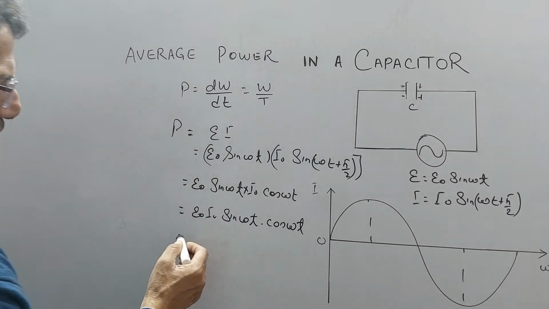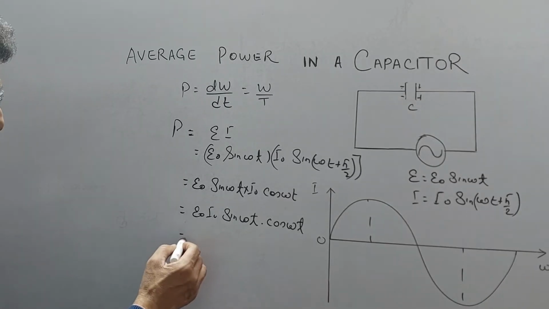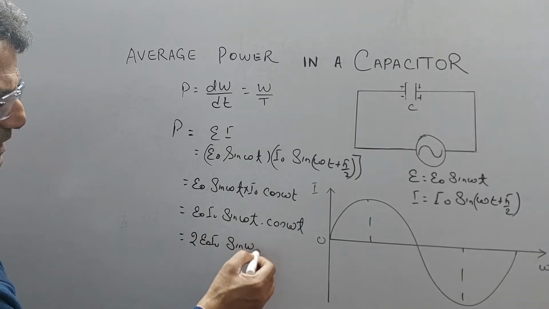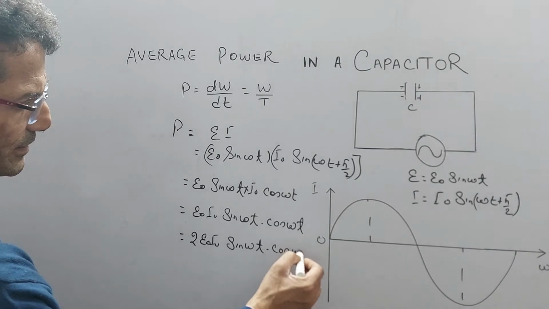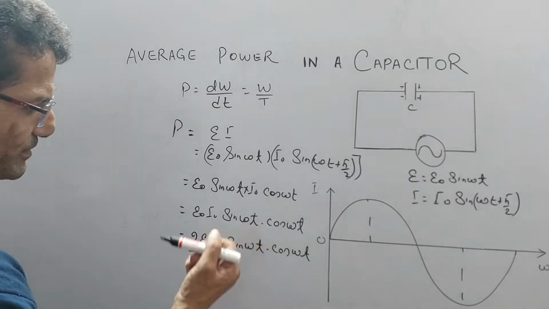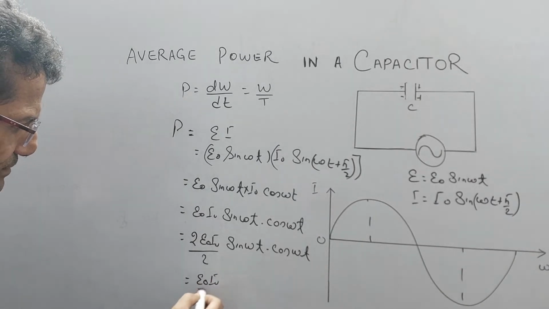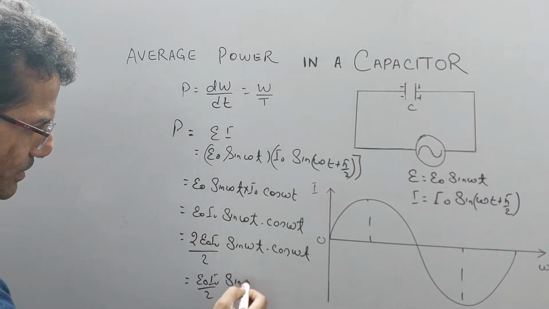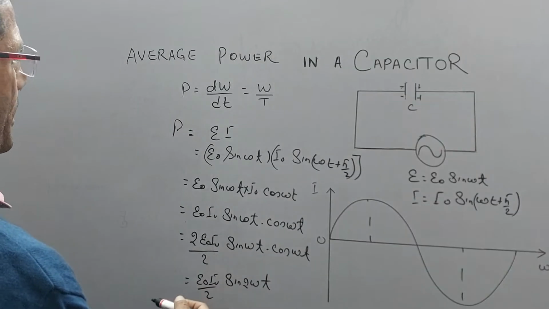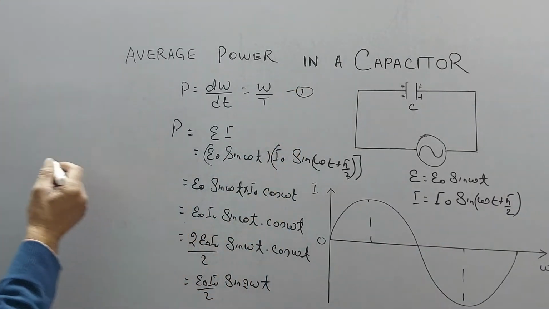If I place 2 in the numerator and divide also by 2, it is twice E naught I naught sine omega t into cos omega t divided by 2. We know that 2 sine omega t cos omega t has the value of sine twice omega t. So therefore E naught I naught divided by 2 sine of twice omega t. Now if I place this value in equation number first,